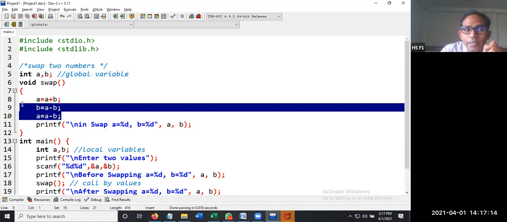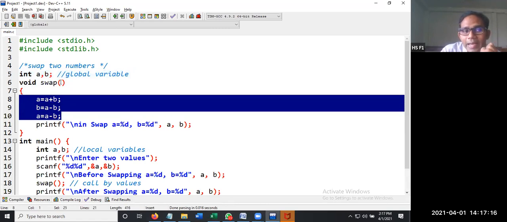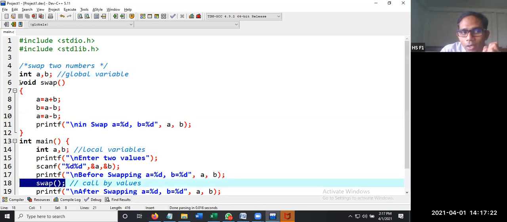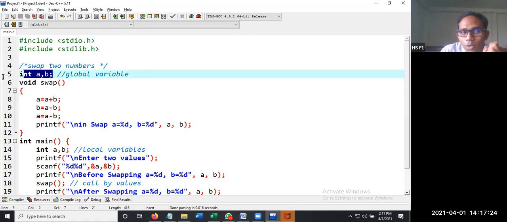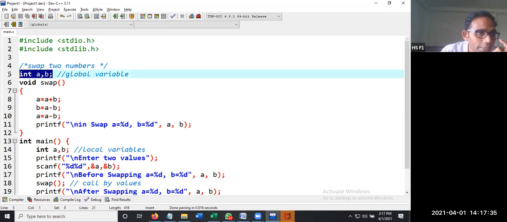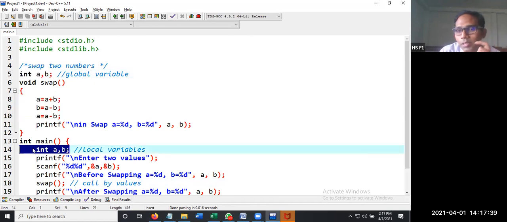Global variables are being used here and they have the value 0 in them. And these are the local variables because you are not passing anything. Only swapping is performed on the global variables, and those have the value 0 in them by default. With some other compilers, you may have a garbage value in it. So be cautious. Don't create the same variables for global as well as local variables.